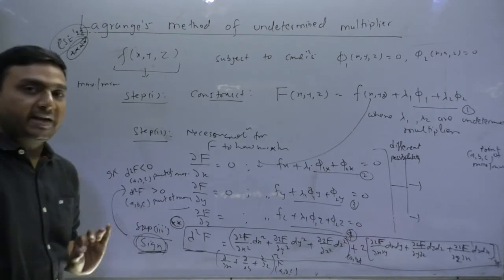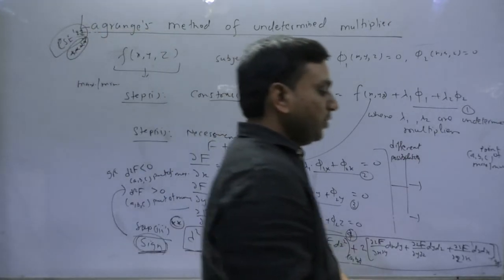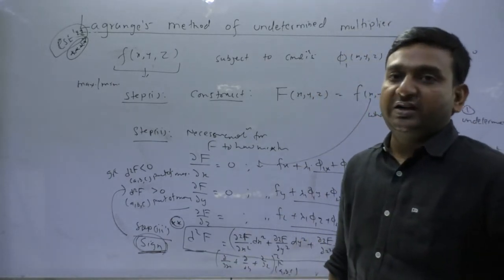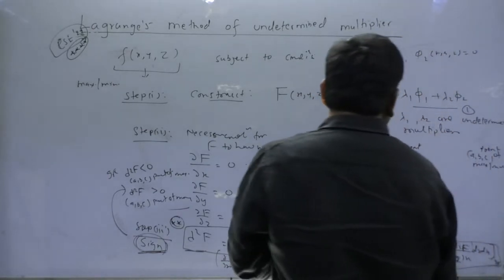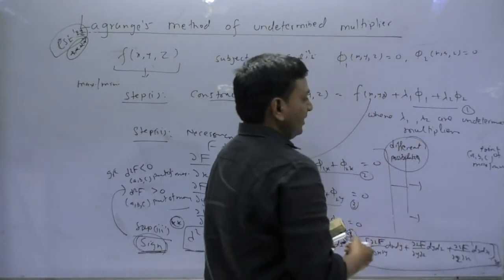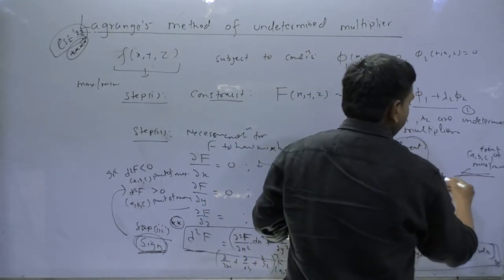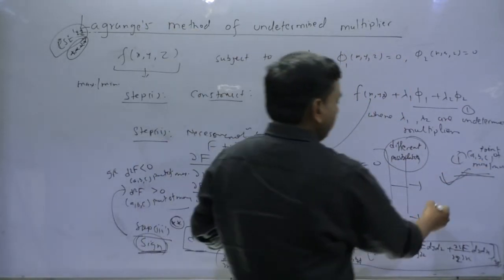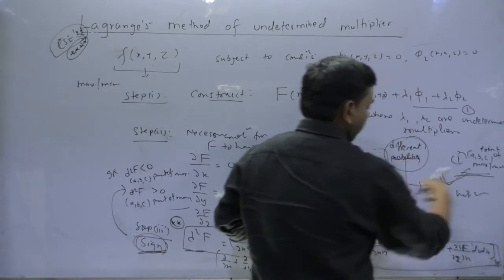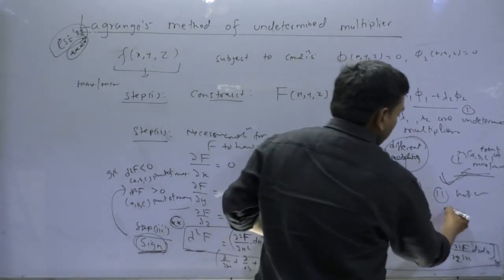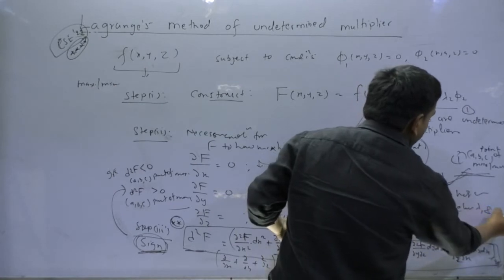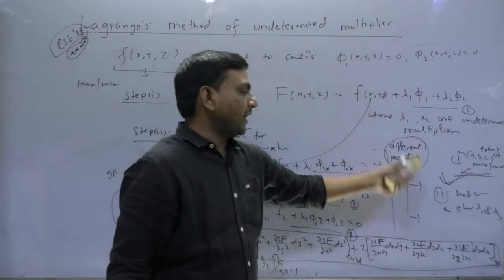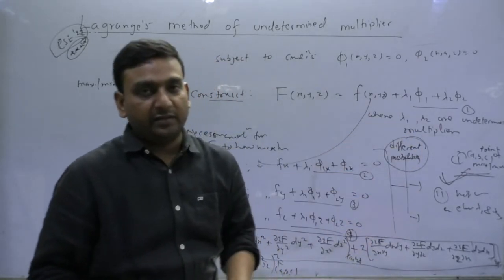Any issue? Any doubt? So now what I'm going to do is take one example and try to make you understand how to use it. Here there are different possibilities. Possibility 1 is you are able to find that point. Possibility 2, you are not able to find it by solving, or not able to eliminate lambda 1 or lambda 2 or both lambda 1 and lambda 2. So here you will have different possibilities.